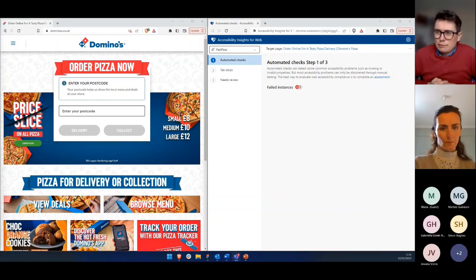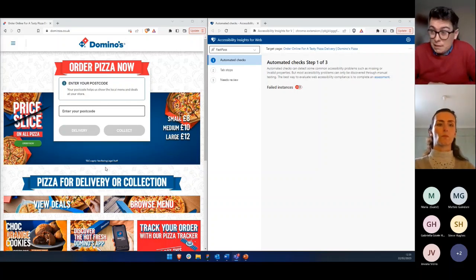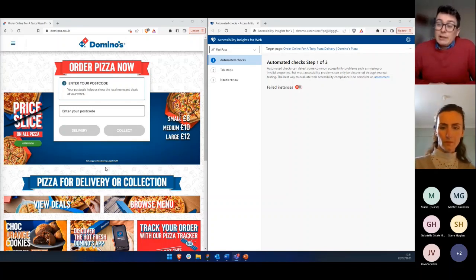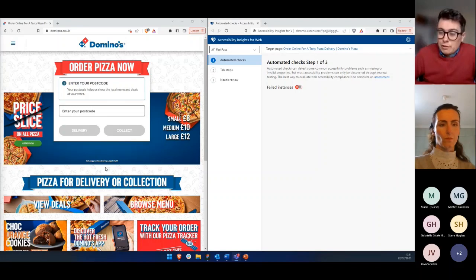And there's lots of legal, they describe it as boring legal stuff, but there's lots of legal articles and things about this particular case. But this is Domino's Pizza, big organization. And if they can make mistakes in this area, then it's incredibly simple for others to follow. But it's not if you start as you mean to go on.